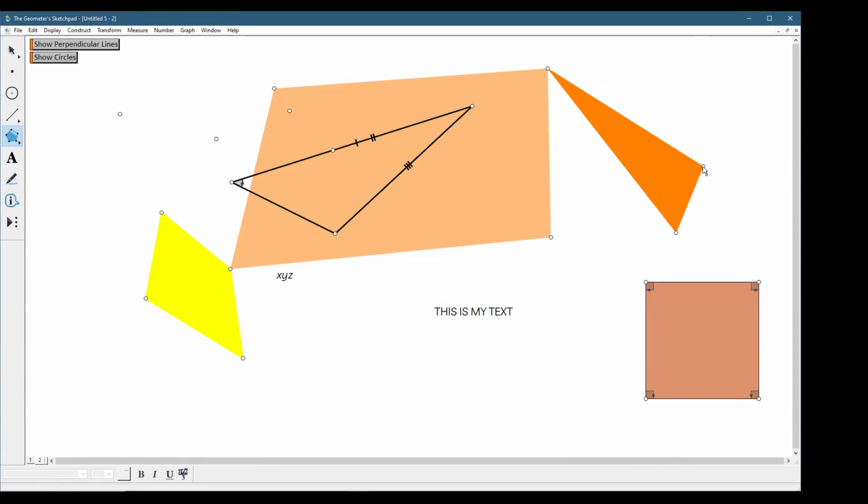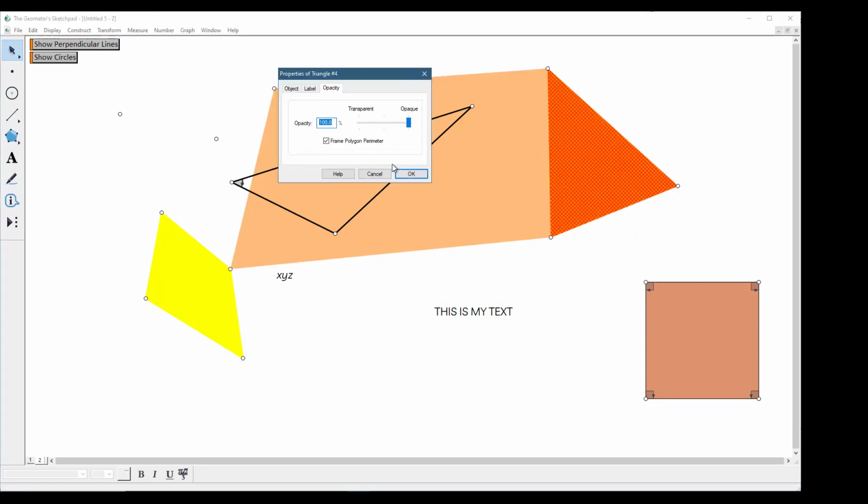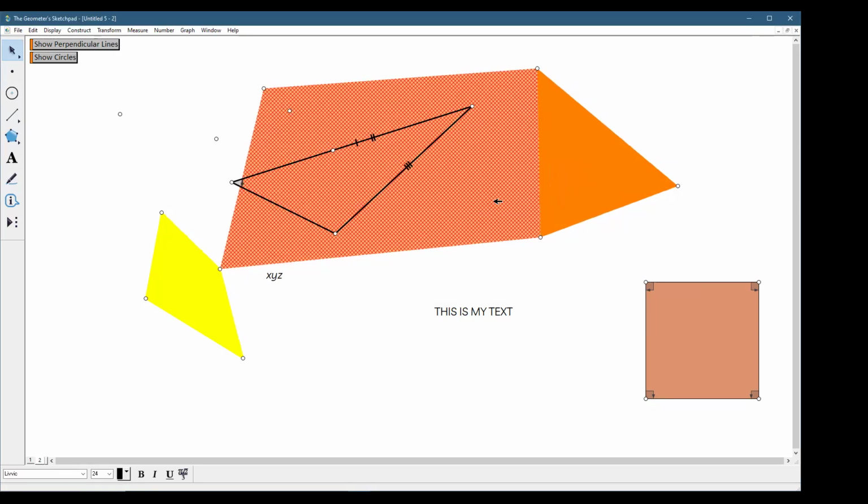Okay, let's escape and try to draw another polygon. Just one like this. And if you go to the polygon properties, I ask to not put frames. You see,